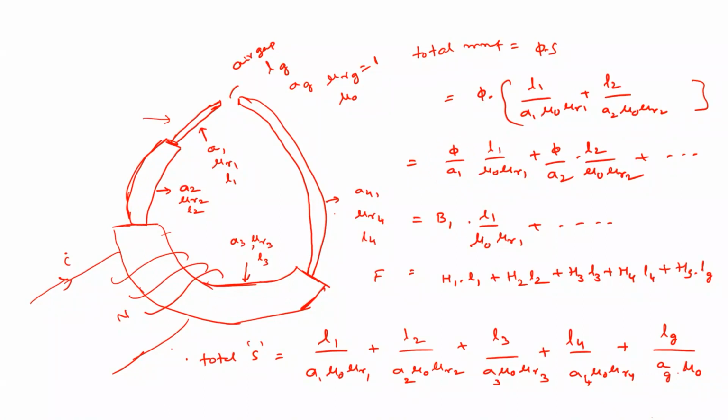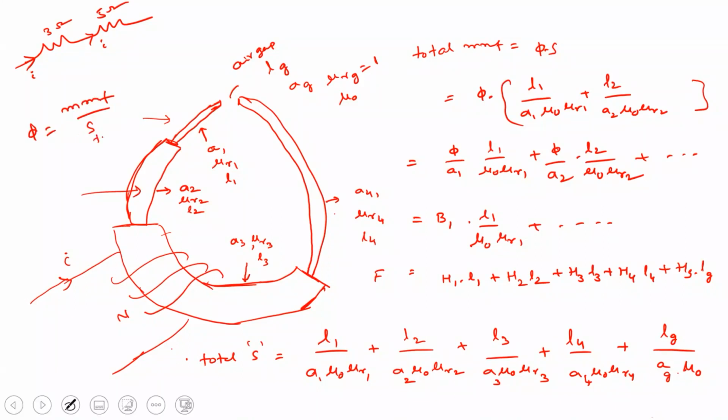Irrespective of different areas, sir? See, obviously, something like a circuit is there, right? This is 3 ohm, this is 5 ohm, right? Whatever current is flowing, the same current flows irrespective of their resistances. The same goes with flux also. The entire flux is the entire MMF divided by the resultant resistance, that is, the total S.